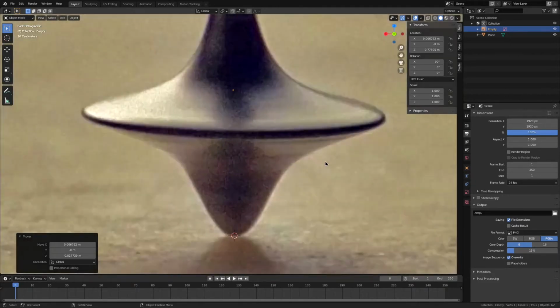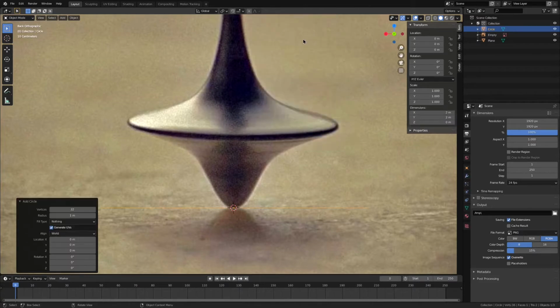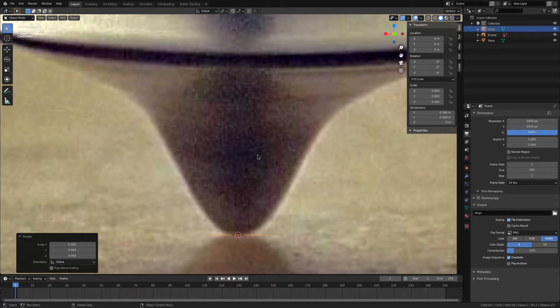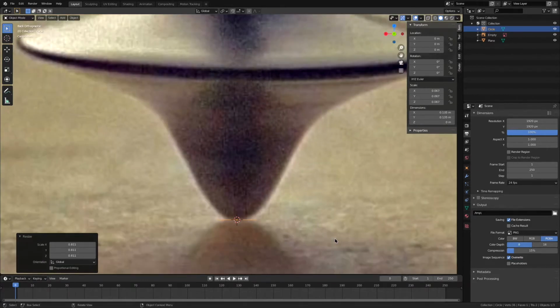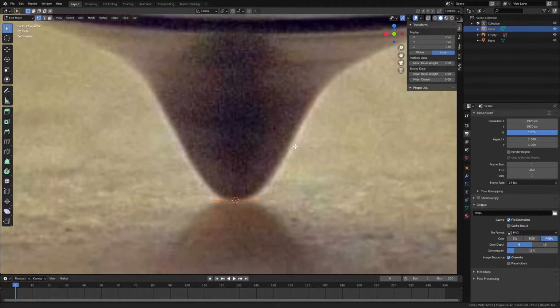So what primitive are we going to start from? Good question. We're going to start from a circle, because one of the most powerful ways of hard surface modelling is just by extruding and scaling, and it does the rest for you, if you know what I mean. You see we have our circle here. I'm just going to press E to extrude,